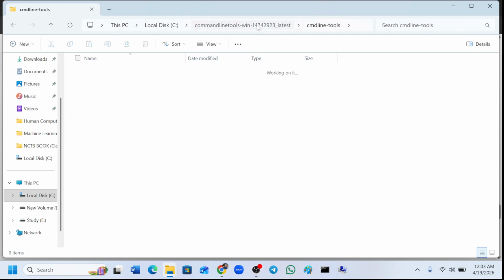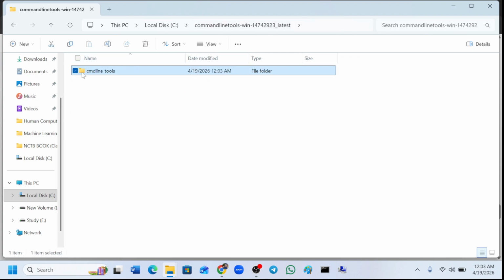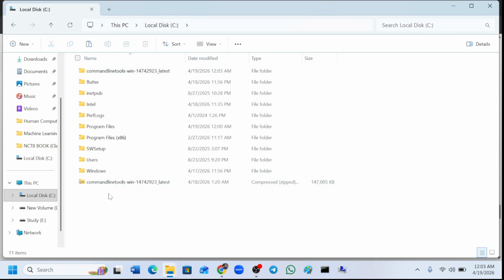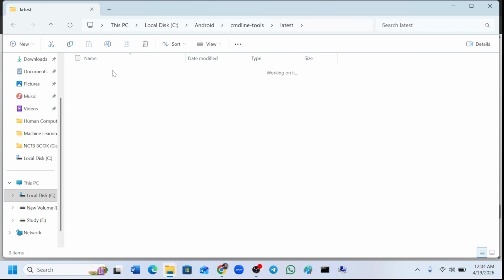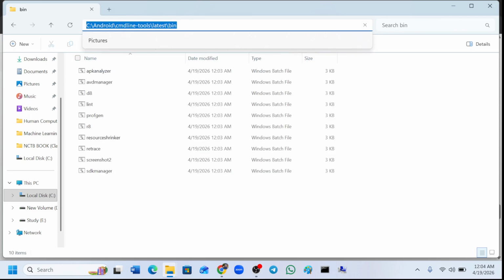Then I will go to the previous one. Then I will cut this folder, then click C drive. Then I will create a folder named Android. Then I will open it and paste this one. Then you will get a bin folder. Then you have to copy this path